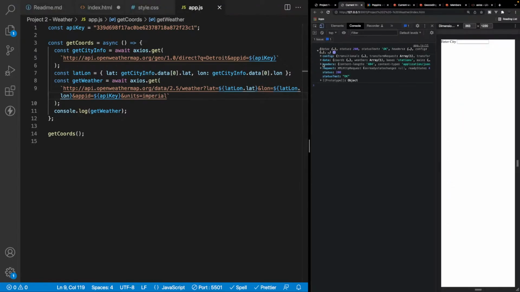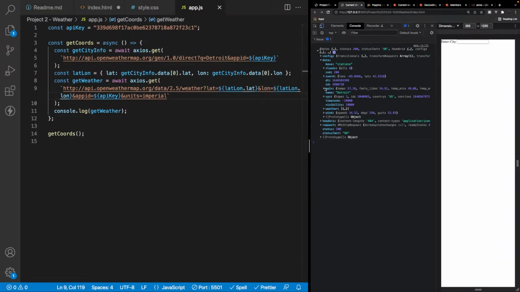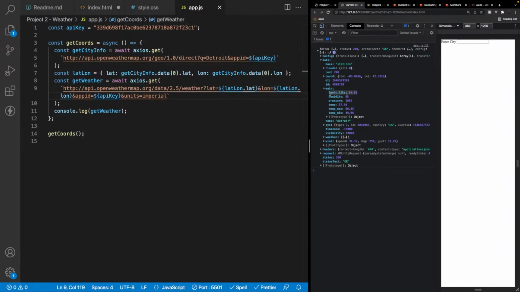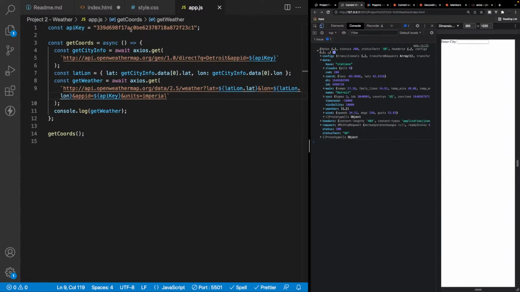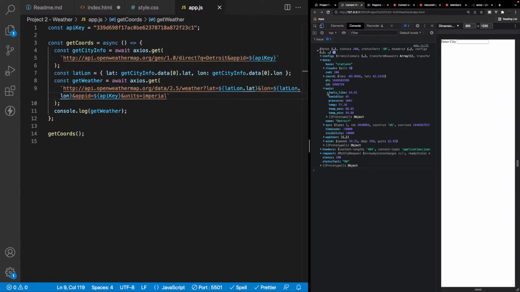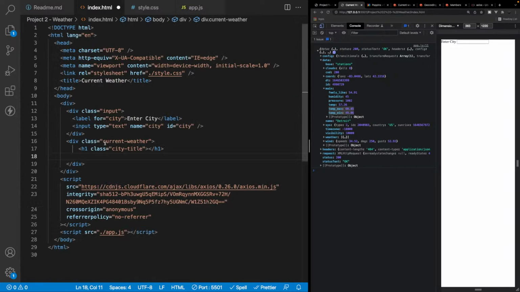I don't know if that's what I'm looking for or not, but yeah, so temperature 54, that's actually what it is out there right now. Pretty warm here actually, for March. So yeah, that's good. That's what we're looking for. So what we'll output is the temperature, maybe we'll output the min, the max, and then what it feels like right now. Okay. So I'll create another div for this, and say temp